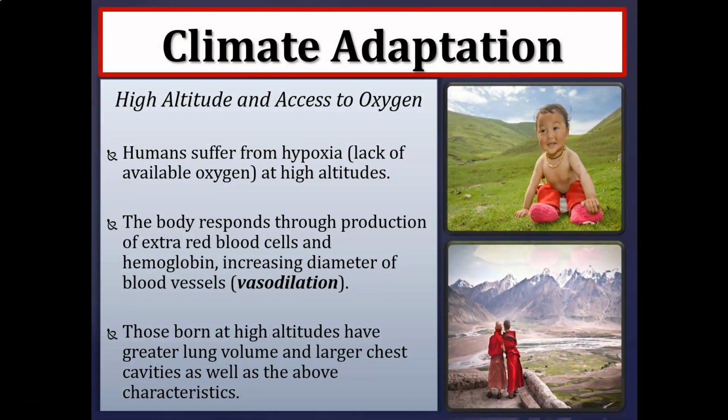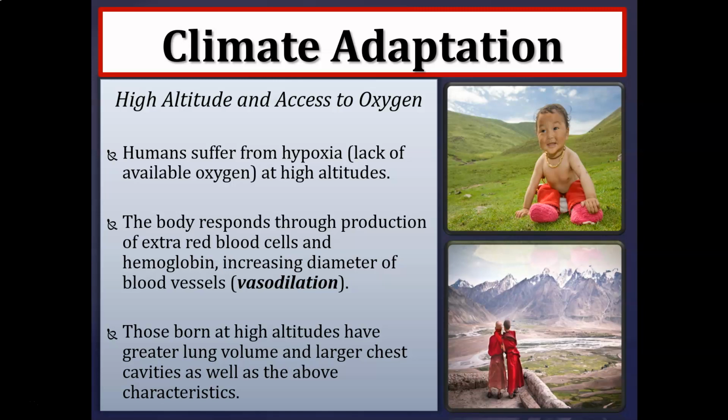All right, so humans will also adapt to hypoxic conditions. A hypoxic condition is a lack of available oxygen or low oxygen content, so these are mainly high altitude adaptations. The body will respond initially, and these are physiological adaptations here, through the production of extra red blood cells and hemoglobin. Remember, those red blood cells are carrying oxygen to your vital organs, and the body also increases the diameter of blood vessels,